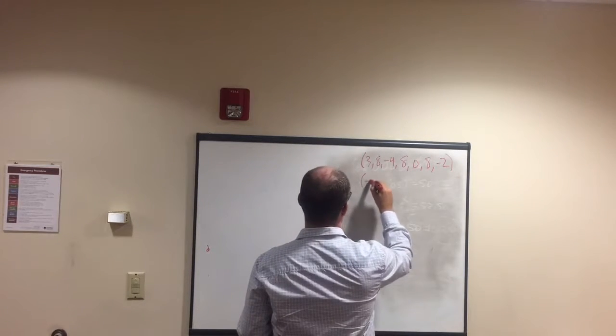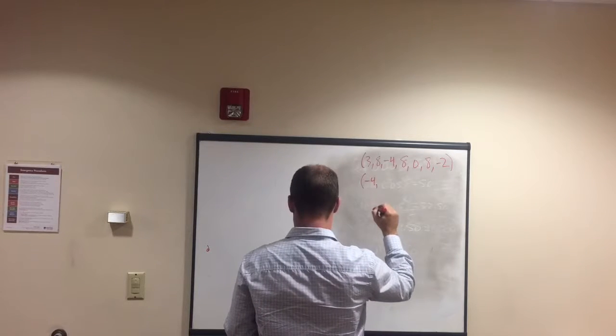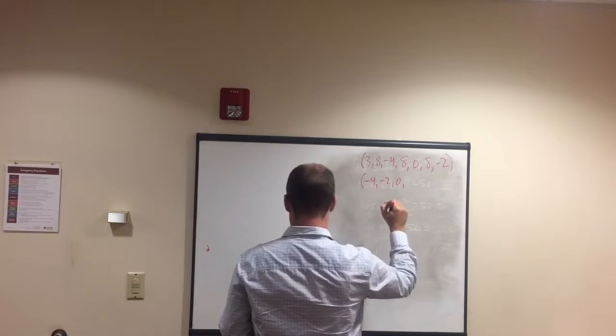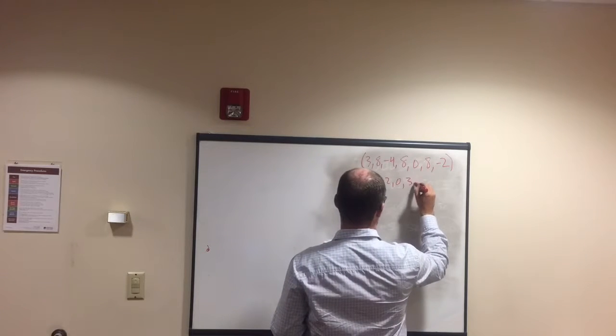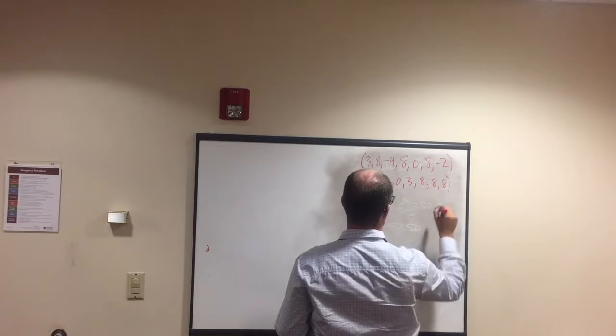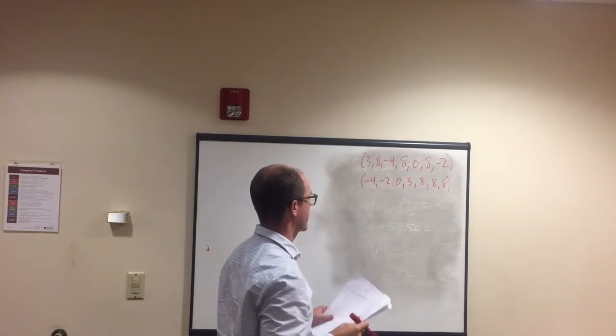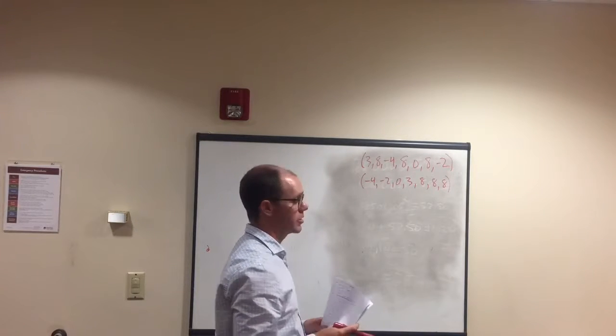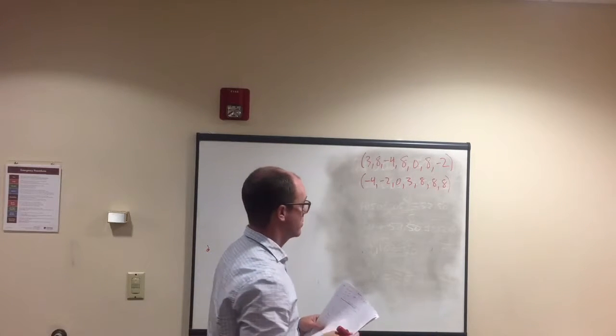So going from lowest to highest: -4, -2, 0, 3, and then there's 3 8s. Right? Okay, so now we have it ordered, right? And then we can go about trying to solve for all these things. Right? So for mean